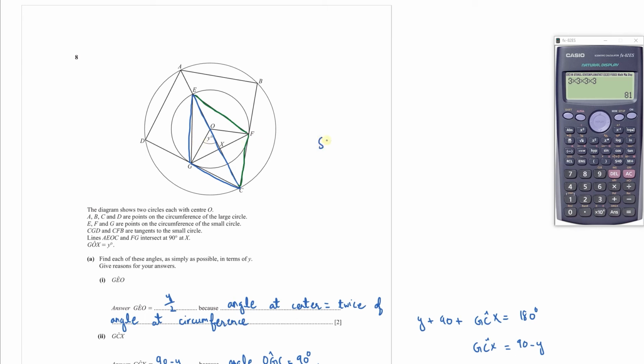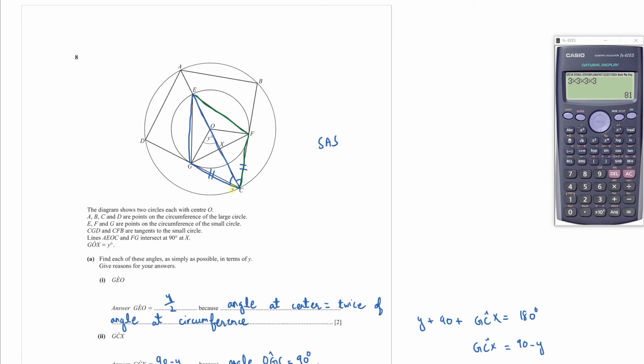Why? Because you can use the SAS property for congruency. They have this length which is common, so this will be equal. These two are tangents to this circle, so these lengths are equal as well, right? And then we already know that these two angles are equal because this is a straight line from the center of the circle, so it will bisect the angle that these two tangents make here at C. So you have EC length which is common, then GC and CF are also equal, and the angle between them is also equal in both triangles. So using the SAS property, you can say that EFC is the triangle that is